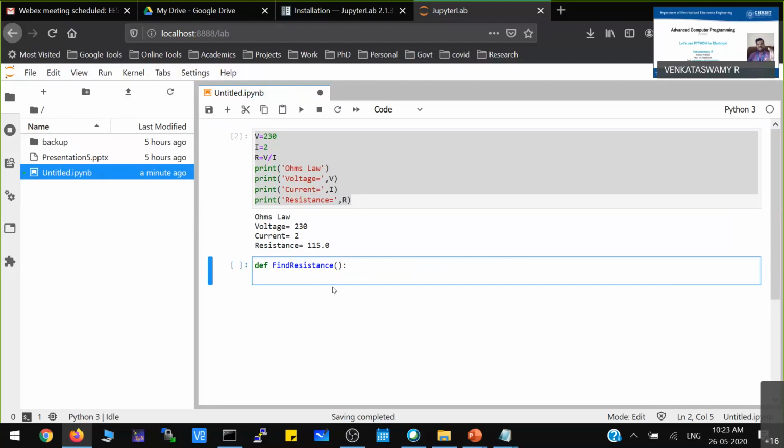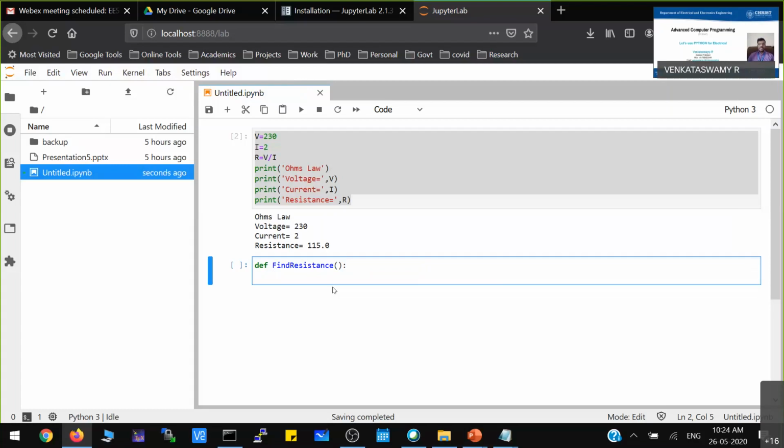Now you see, earlier we wrote simple code, and I just want to convert that to a function. I'm not spending much time on the primitives. Primitives we will learn by doing some application-oriented programming. I could take up the explanation of functions using addition of two numbers, but I want to take this as an example so that we can understand why exactly it is used. So find resistance is the function.